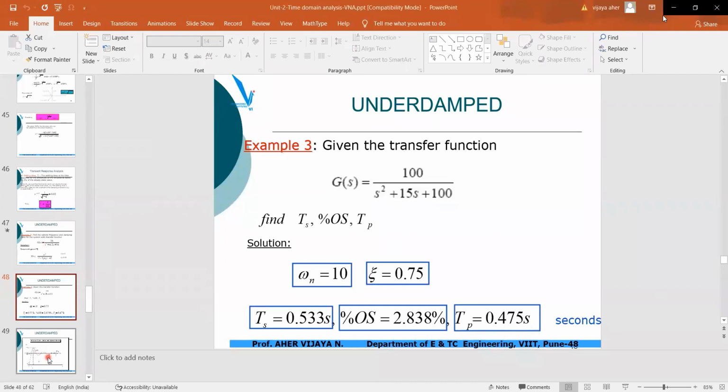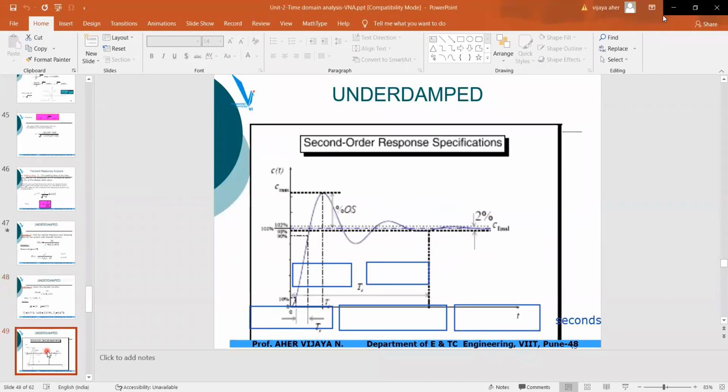So we have solved examples, 3 examples. Now let us see the response for underdamped system. Underdamped means zeta is,